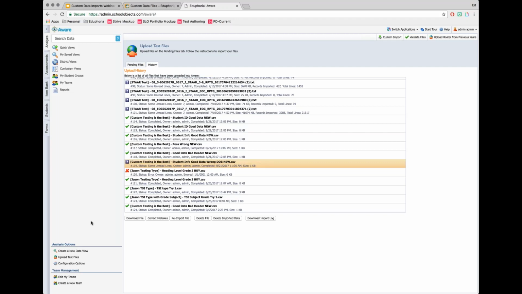It was a very short conversation for us trying to decide who would be able to do this. It needs to be data administrators and only data administrators. You're not going to want too many people with their hands involved in this because part of the data outside of this, looking at the views in Aware and drawing conclusions from the student results, is you need to have good data in. And we want to make sure that for each of our districts, as few hands as possible